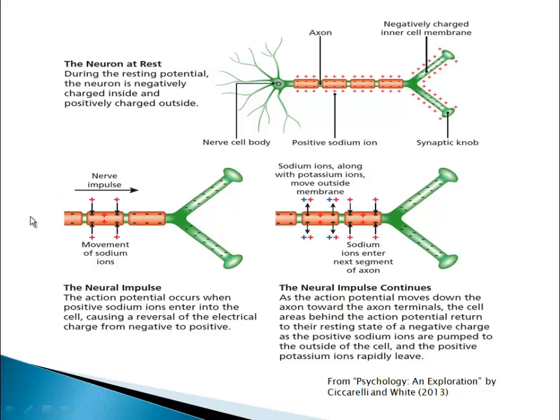So here we have a wave of positive ions coming down the pike. The positive ions hit this particular node of Ranvier, and they make the interior positive enough then for the sodium channels to open up. And the sodium comes rushing in. Sodium rushes in here from all over. Is it going to want to go this way down the axon? No, that's positive now. That's where the wave of ions is coming from. Where does it want to go? Where it's negative. Where is it negative? Down here. So it starts to move down here.